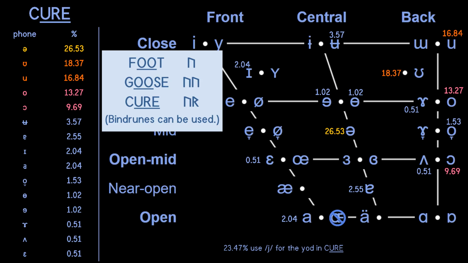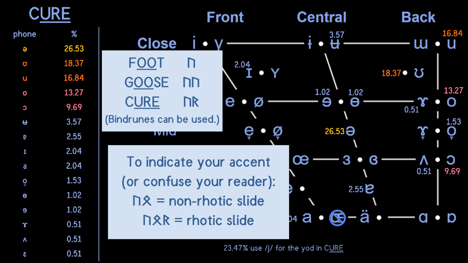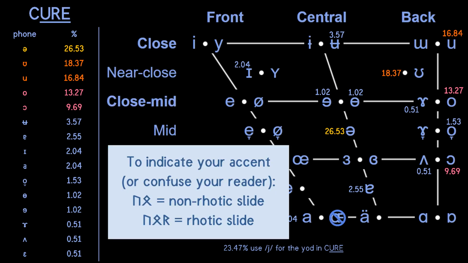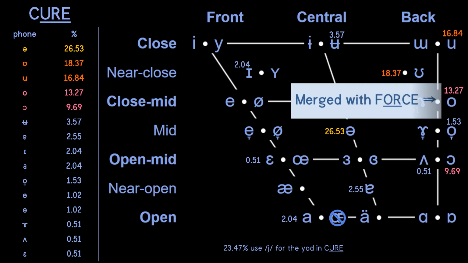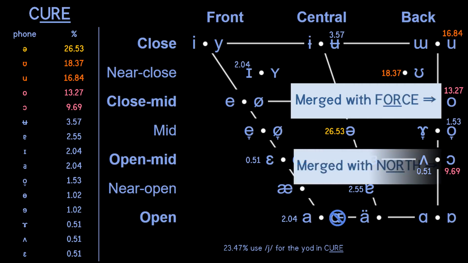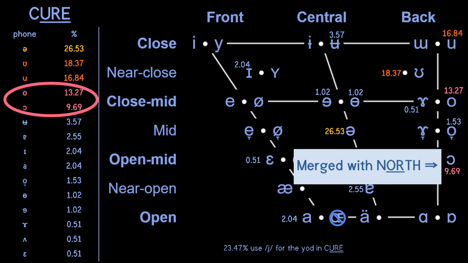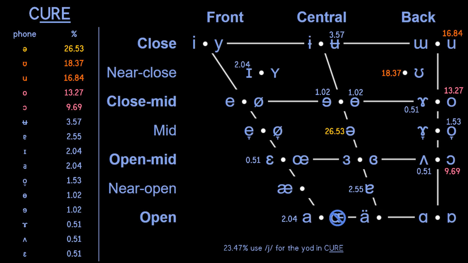That binds well. But if you really want, you could add ethel before rad to indicate your accent slides this vowel. However, be aware that doing so may make it harder for those who merge this vowel into another set to understand you. As you probably guessed, the two pink vowels are the results of this vowel merging into the force and north vowels. All the other phones are the results of misapproximations.